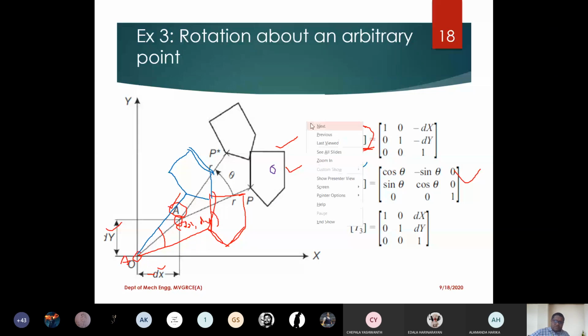So for that I'm using green color. Once you perform this, I'm sending the point A back from the origin to its original position. So now this point is moving to A, the point A is moving to its original position, and this same color straight line is moving to this position. This is pure translation. I am moving back by a distance of positive dx, positive dy, and this object will match to this one.